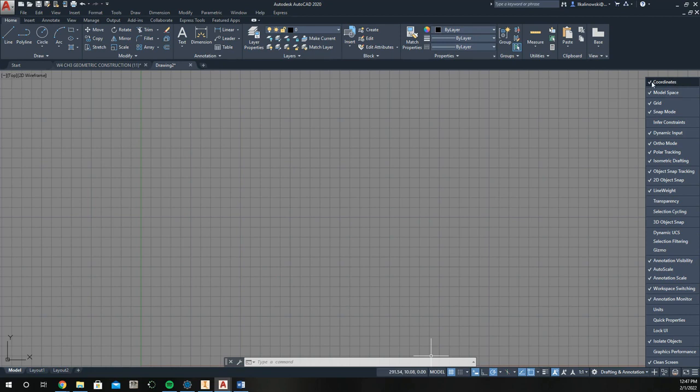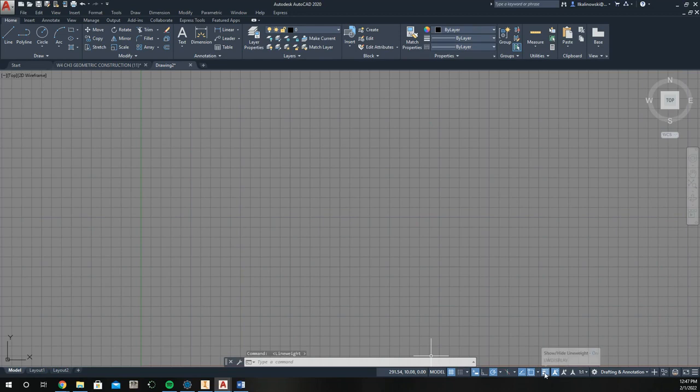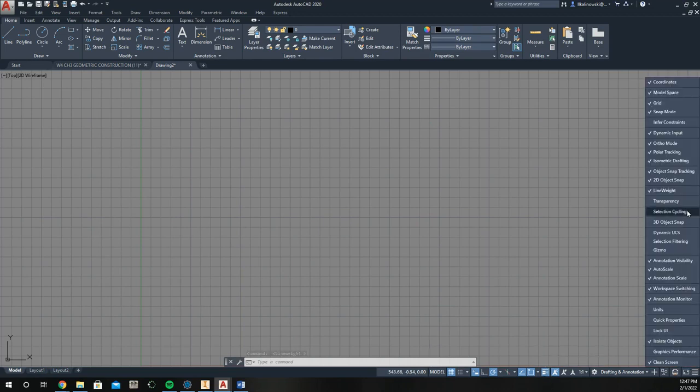The one that my students like working with the most, having on, and I do too, is line weight. So line weight is right here. This is what makes my lines look thicker than yours when we are drawing later on. You'll especially notice, when I turn line weight on, that little blue comes on. I like to have mine turned on. You do not need to do that, but here are some things that you might be interested in having turned